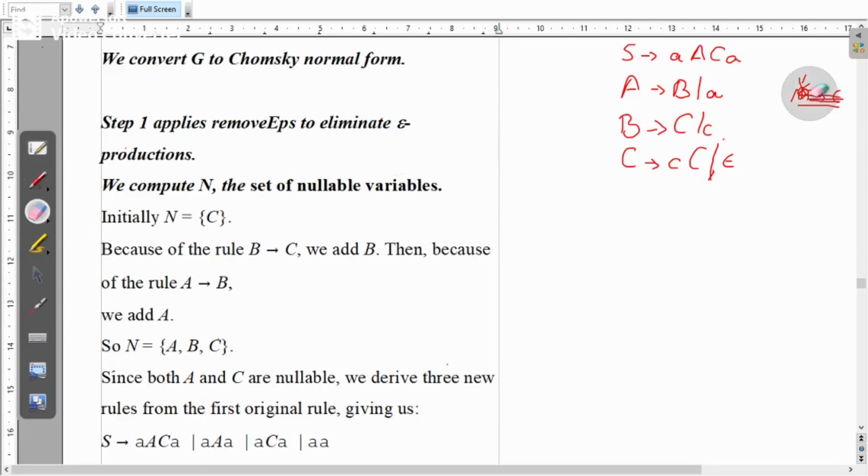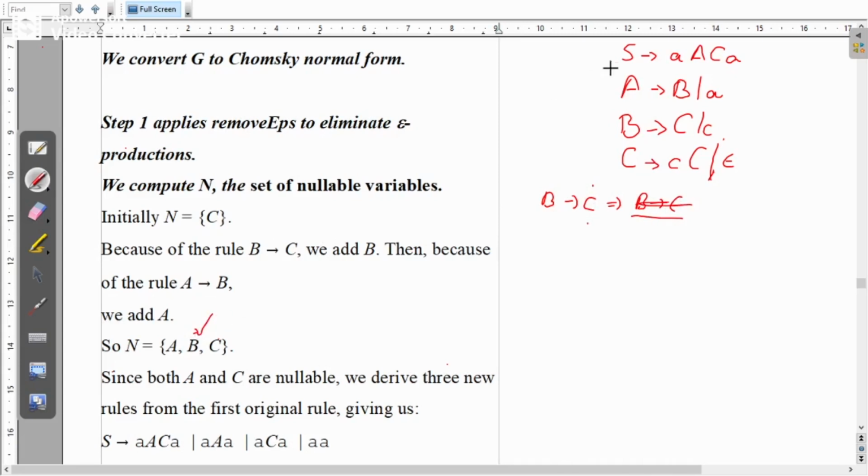Next, what to do? Go on checking the other rules. First of all, let's consider B gives C. You can check any rule, but I will first check this rule. So B gives C. Since on the right hand side C is there, that's why I am choosing this rule. Because of this, B gives C, and you know that C is nullable. B also can become nullable. Nullable in the sense C becomes epsilon. Since C gives epsilon, if you substitute epsilon in place of C, I will get B gives epsilon. So we can add B also into the nullable set.